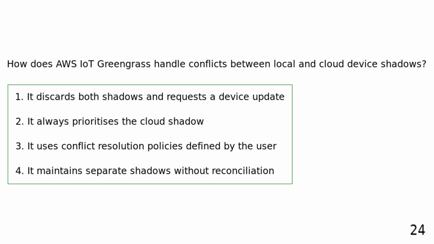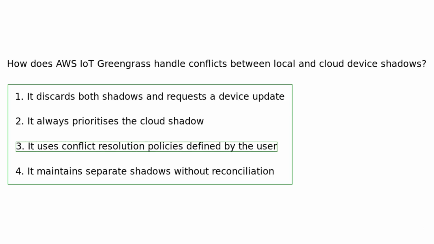How does AWS IoT Greengrass handle conflicts between local and cloud device shadows? It discards both shadows and requests a device update. It always prioritizes the cloud shadow. It uses conflict resolution policies defined by the user. It maintains separate shadows without reconciliation. AWS IoT Greengrass uses user-defined conflict resolution policies to handle discrepancies between local and cloud device shadows, ensuring consistent device